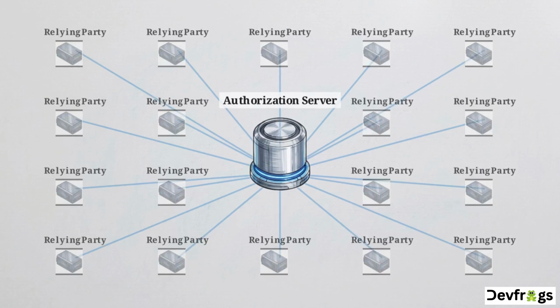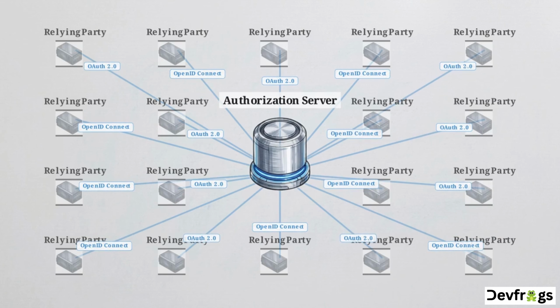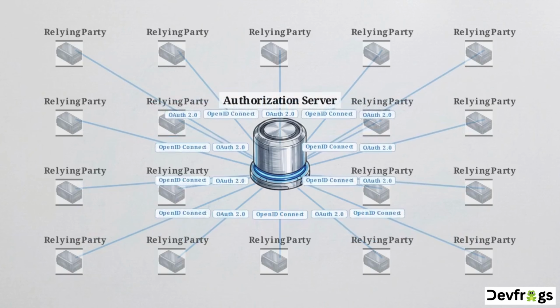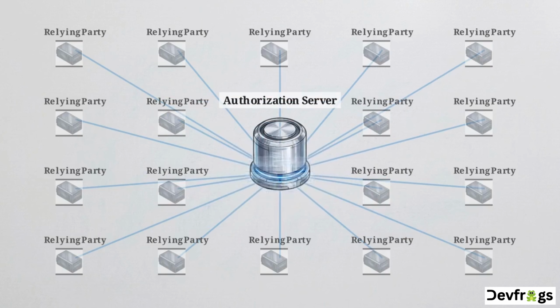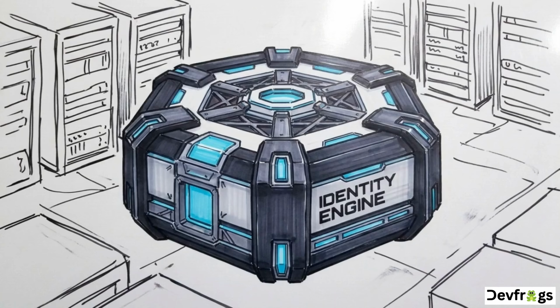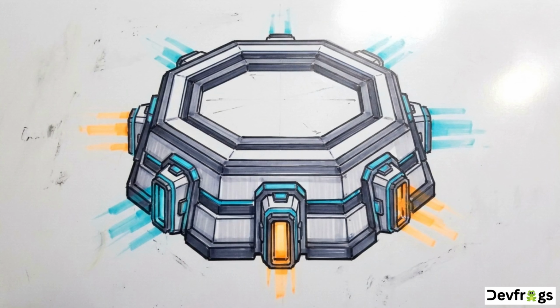This shift demotes the 18 applications. They are no longer responsible for user credentials. They are now categorized strictly as relying parties or clients, and they are required to communicate with the central server via standardized protocols, OAuth 2.0 and OpenID Connect. Consolidating your ecosystem requires completely removing user verification logic from the application layer and handing it over to this dedicated identity engine. The authorization server itself is not a monolith.